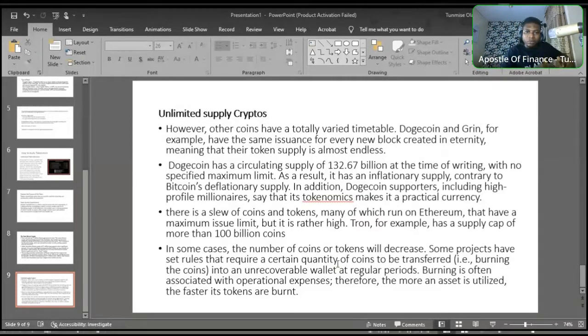While the supply remains unlimited, they are burning out some tokens that are already in circulation, so that it can create room for scarcity that will drive up the price, right? So when they burn those